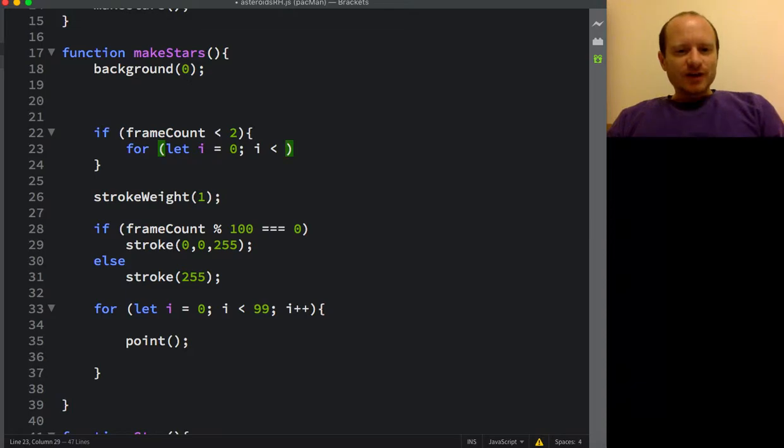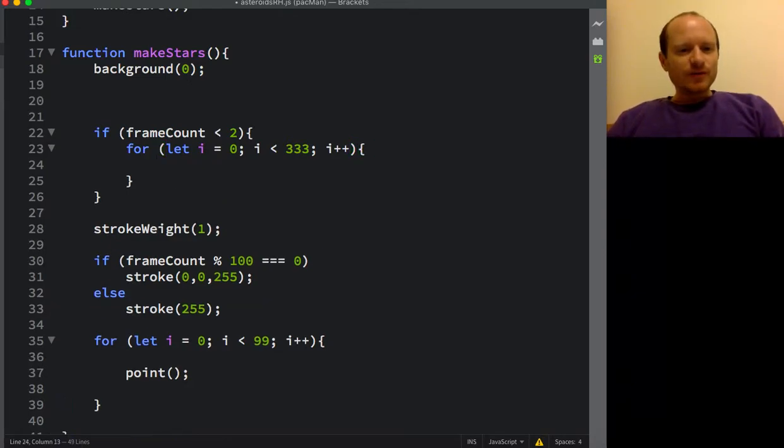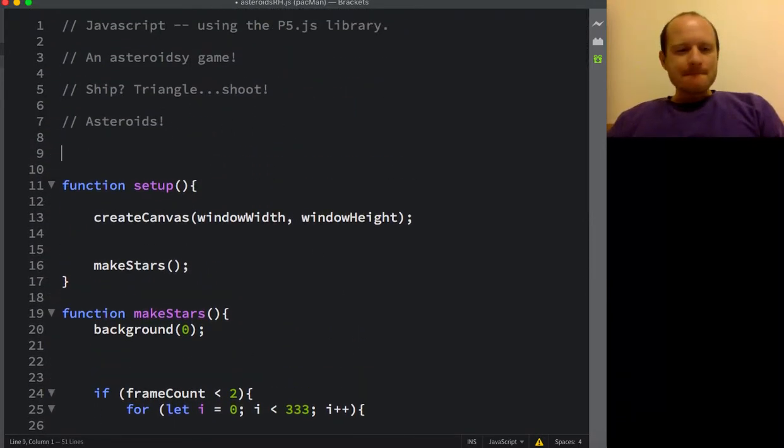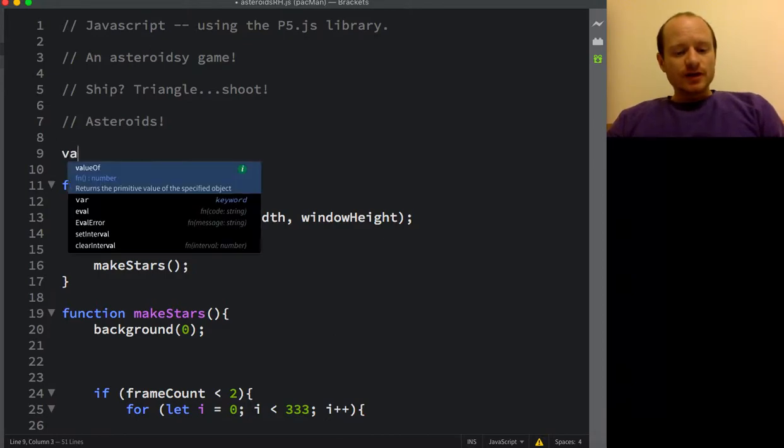Right, while i is less than, how many stars do I want? 99 stars. That didn't look enough. Let's say 333, and then in this for loop, we now want to push our stars to an array. So let's make an array